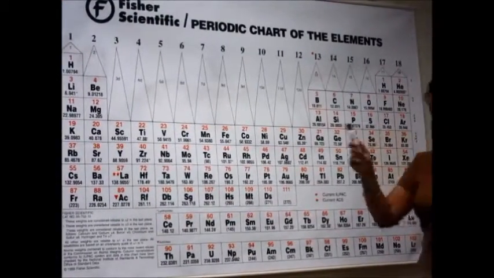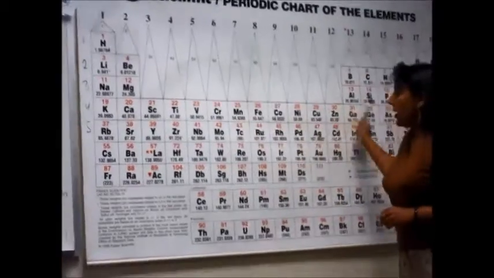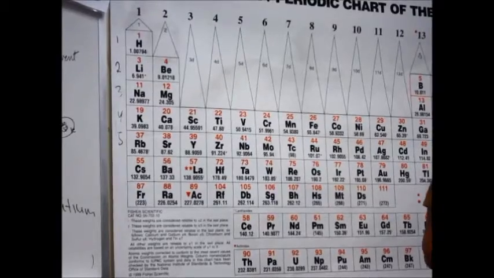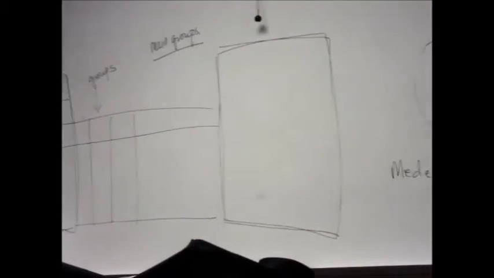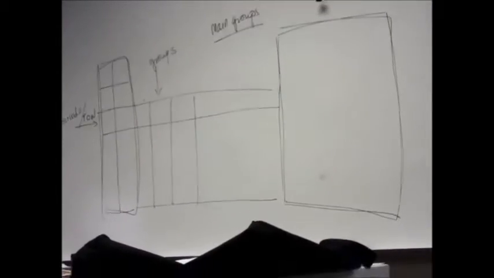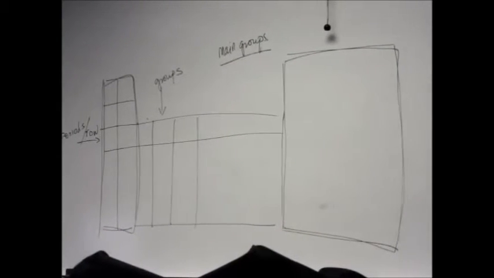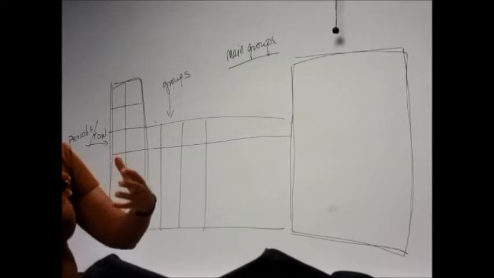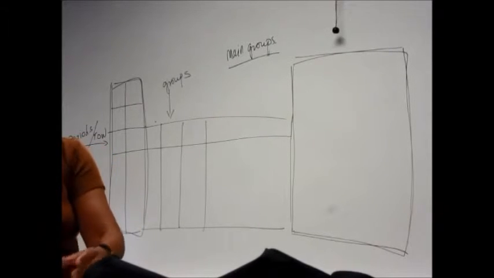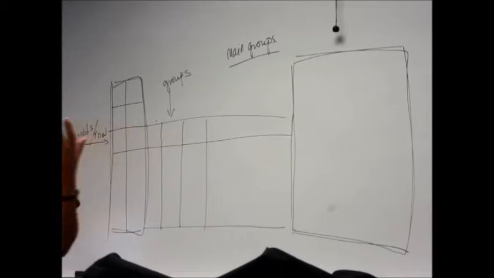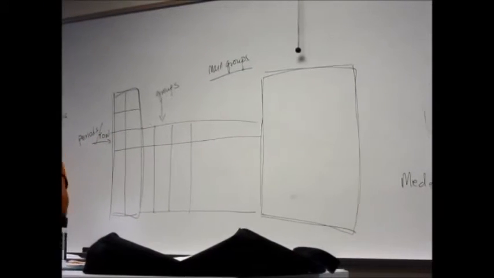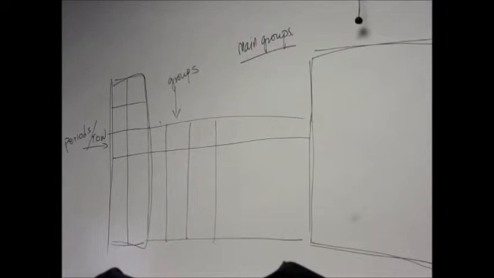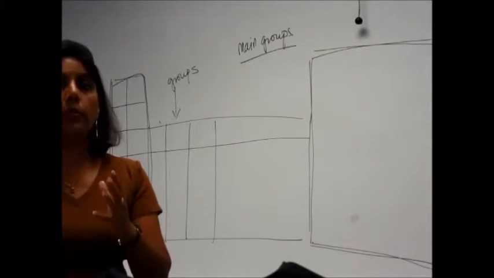And by the way, when Mendeleev started, this periodic table was only half of what it is now. 100 years ago, we did not know half of the elements on the periodic table. So he had very few elements to work with, and whatever he had, he put them in 8 groups. Why did he put them in 8? Because when he was trying to take all these elements and put them in groups and rows, what he was trying to do was put all the elements that had the same properties in one group. That was his goal.